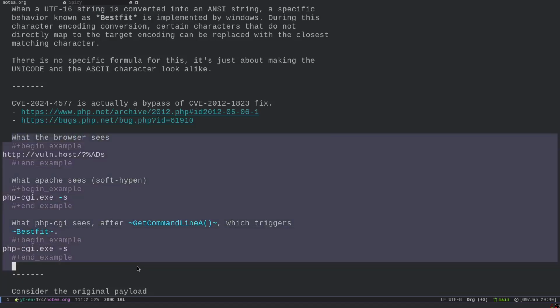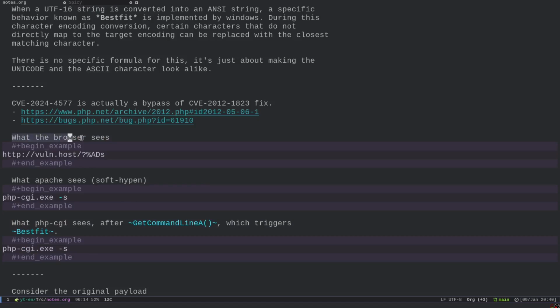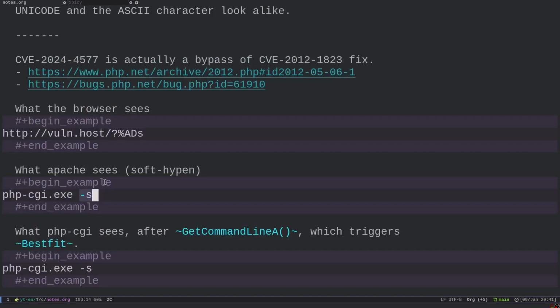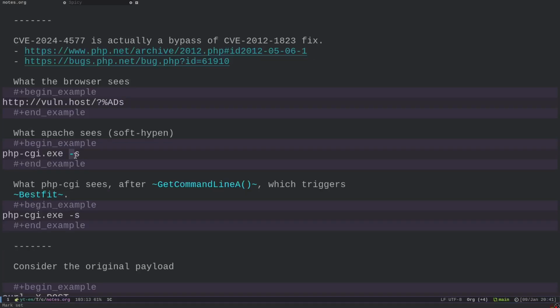So here we can see different points of view depending on who is seeing the data. What the browser sees is this thing. The browser sees the Unicode character in the URL format. What Apache sees instead is the soft hyphen. This thing looks like a hyphen, but it is really not a hyphen. For example, in this case, this is not really a dash, it's a soft hyphen, it's the AD character in Unicode. And then when this is actually passed to the executable, what PHP-CGI actually sees is that